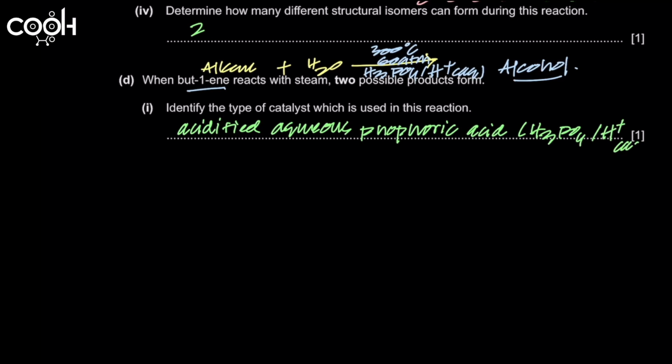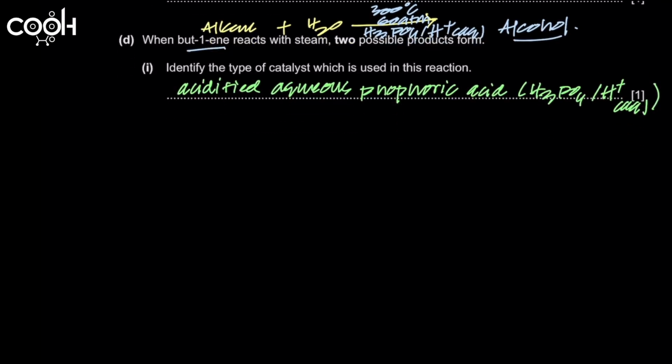H3PO4 with H+ aqueous means acidified. We add H+ ions. Now, what are the two possible products? Make but-1-ene, please. If you make but-1-ene, what could happen is when you react it with steam, two possibilities could take